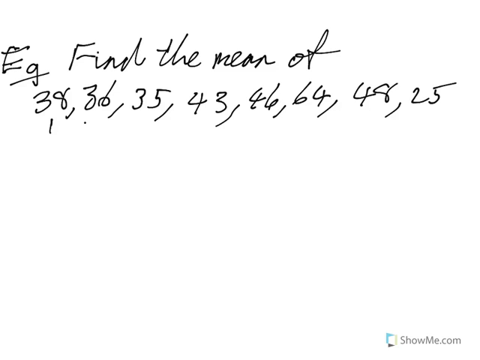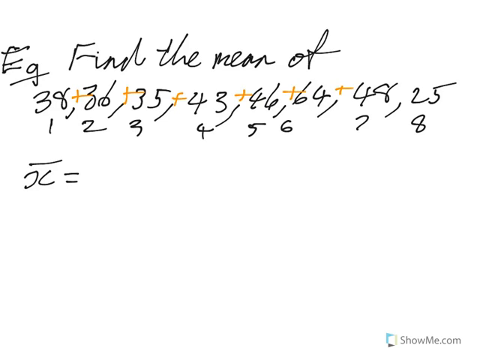When we count these, we've got 1, 2, 3, 4, 5, 6, 7, 8 bits of information, or 8 data points. To find the mean, we need to add all of those together. I've prepared one earlier: 335 is what that comes to. Then we've got 8 data points, so we take 335 and divide it by 8, and you get